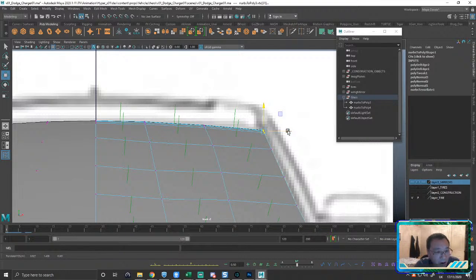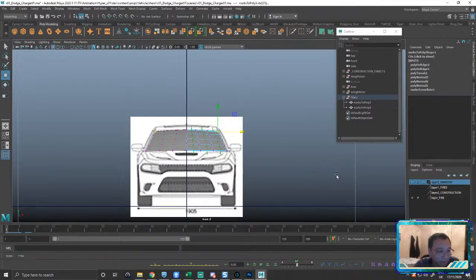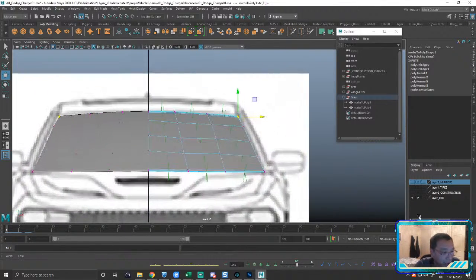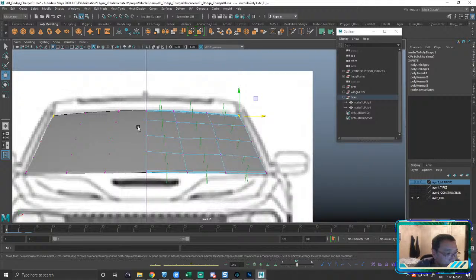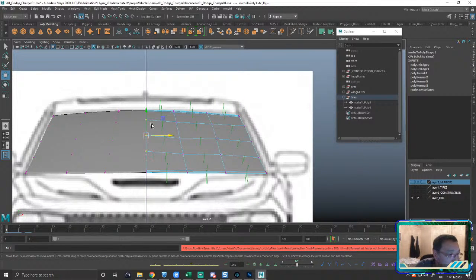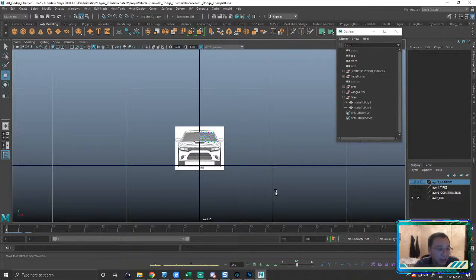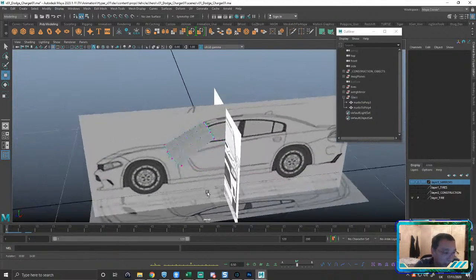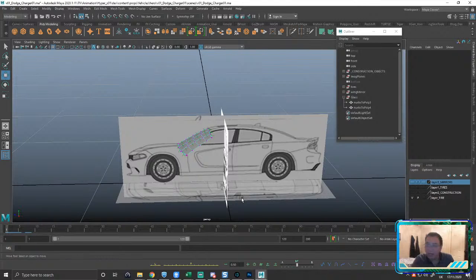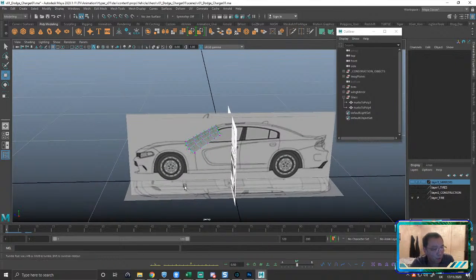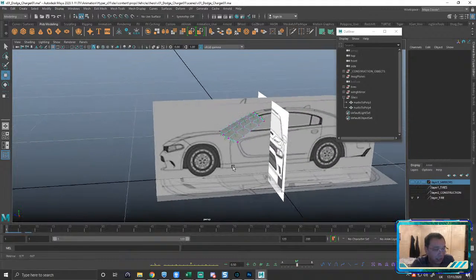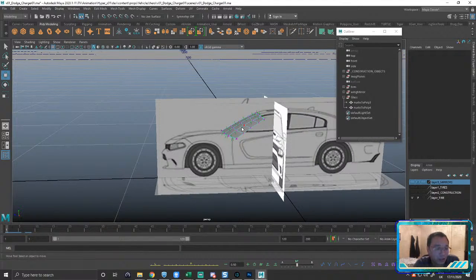Anyway, it takes a fair amount of time to get this right. And these guys are arcing up, which is no good. That'll look really weird. So I'm just going to try and make that arc across a little bit, etc., right? So we got a couple of different ways we can approach the quarter panels, right? So I'm going to mix and match it a little bit.